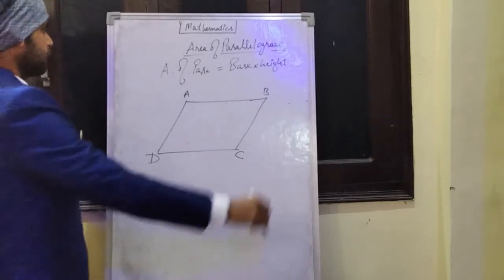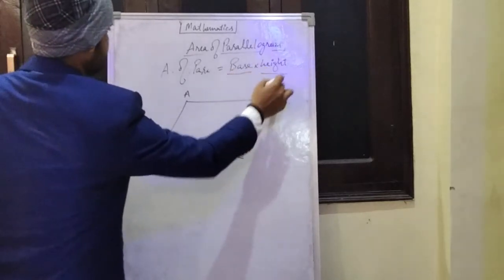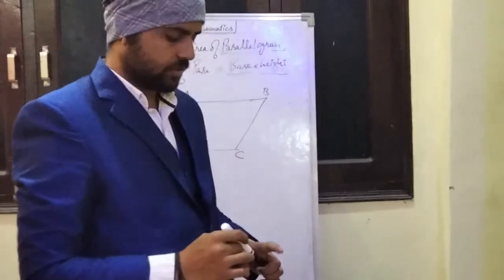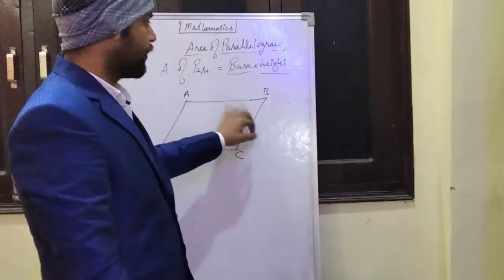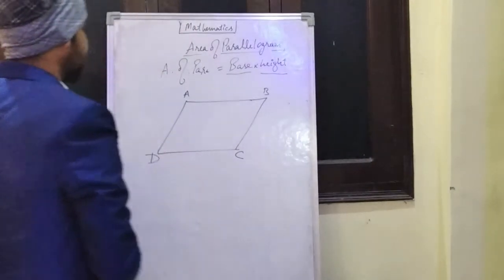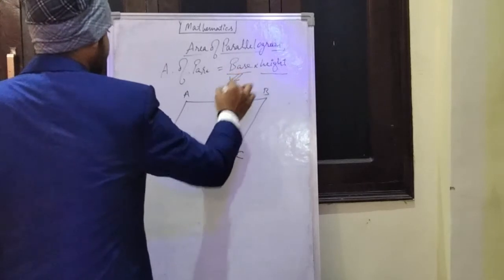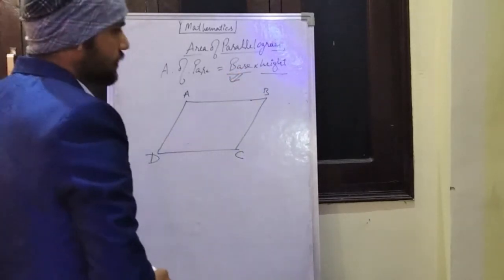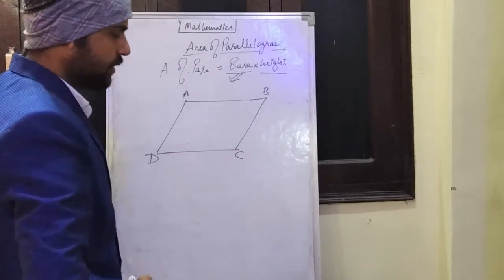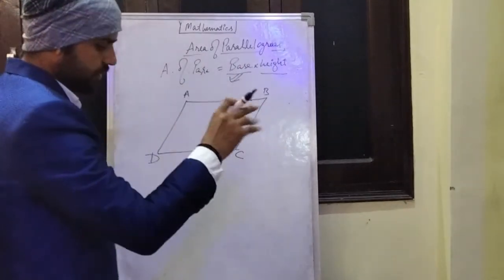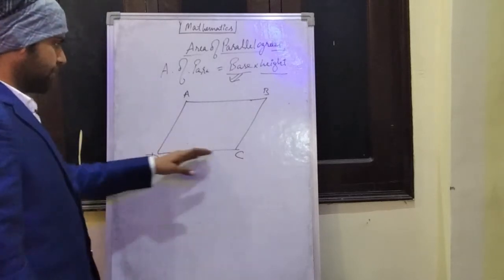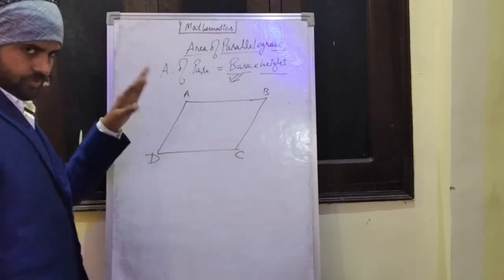Fine. Let us discuss what is base and height, because here you will get confused if I change the orientation of this parallelogram. So base is the side of that parallelogram. Please take this as: base is a side of a parallelogram. It can be any side. Among these four sides, the base can be anything. It is not necessary that the base is the line at the bottommost. No.